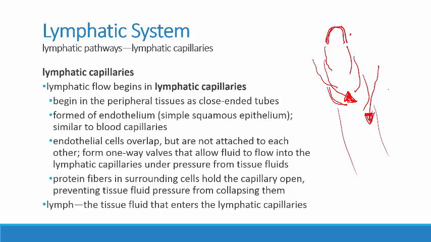And then once there's a bunch of fluid inside of this lymphatic capillary, if the muscles around that lymphatic capillary squeeze again and put pressure on it, the fluid will force the valves,